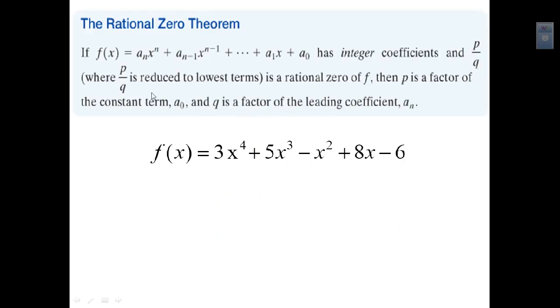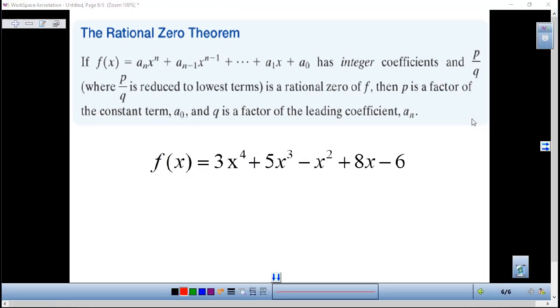All right, so one more thing we're going to talk about is the rational zero theorem. And it says if f of x equals that polynomial definition we had before, has integer coefficients, no square roots of 2 and things like that, so all the coefficients are integers, and p over q, where p over q is reduced to lowest terms, is a rational zero of f, then p is a factor of the constant term a sub 0, and q is a factor of the leading coefficient a sub n. Now, this kind of comes at you a little backwards, but all this says is that if you have a zero,